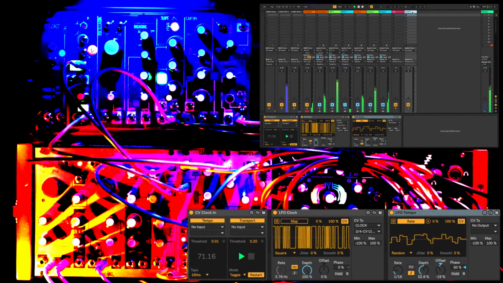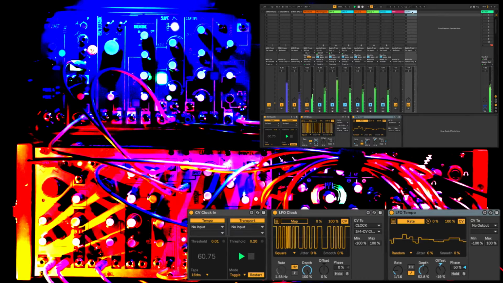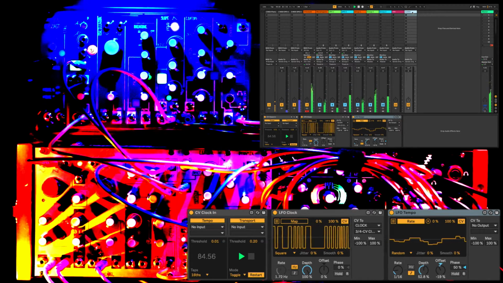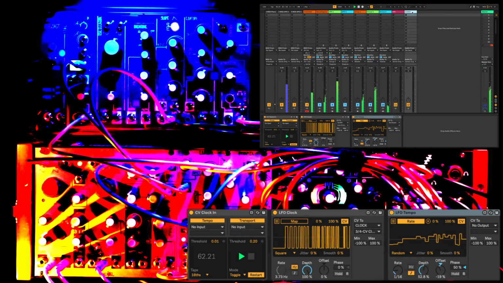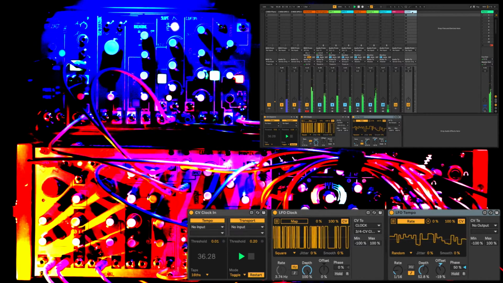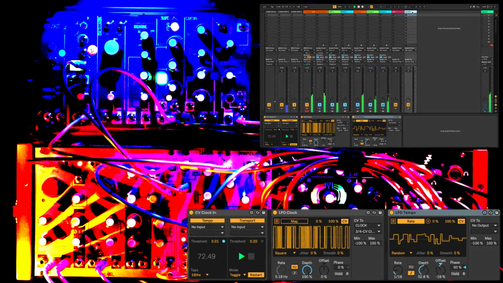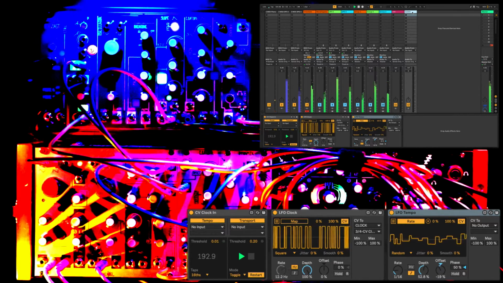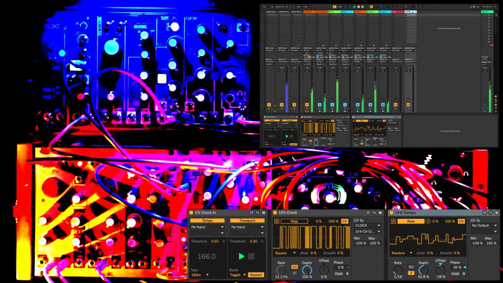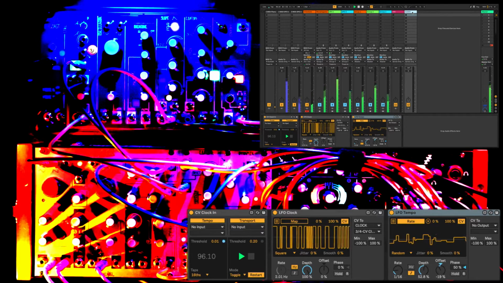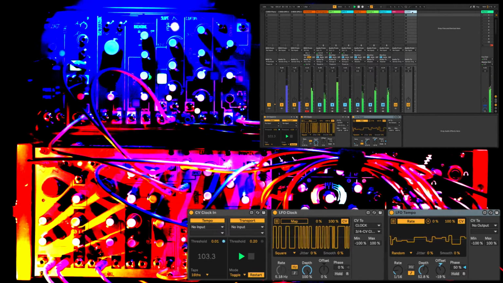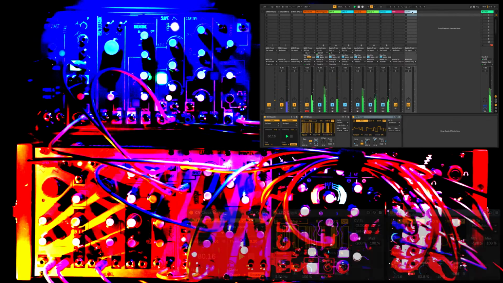Last, we have the erratic tempo fluctuations to Ableton's clock, which has been having an effect on all of our tempo synced effects and LFOs. Here, we're using the CV Clock In plugin and a square LFO to set the clock, and a tempo-synced random LFO mapped to the rate of the square LFO, which provides the fluctuations in tempo. The amount of randomness and overall speed can be dialed in with the depth and offset controls.